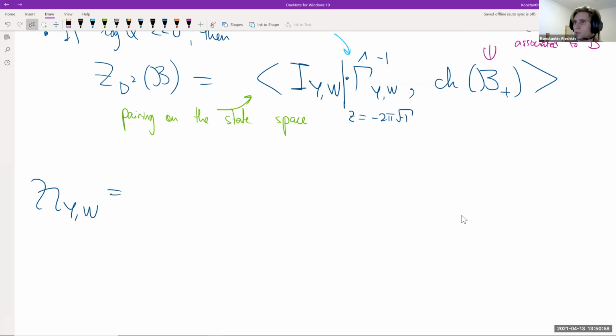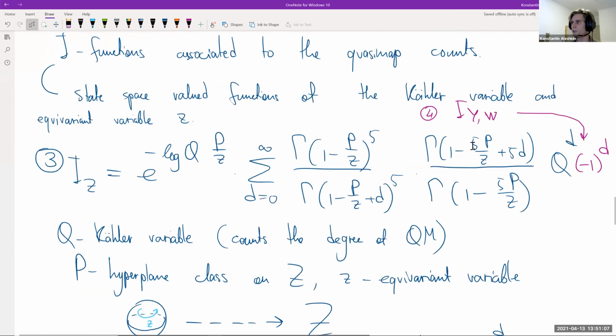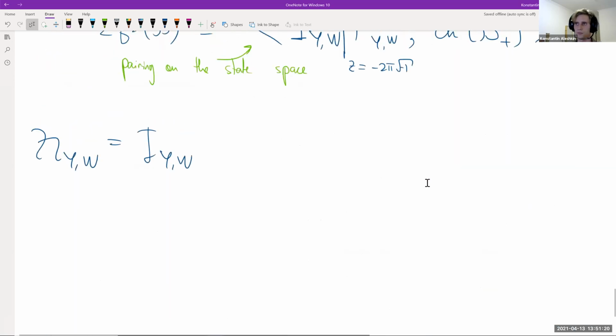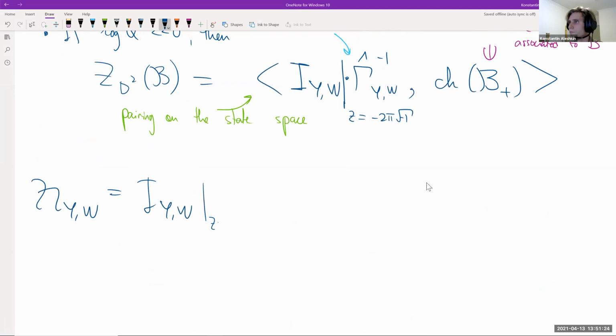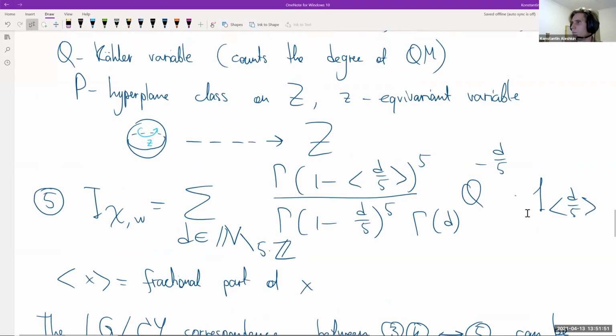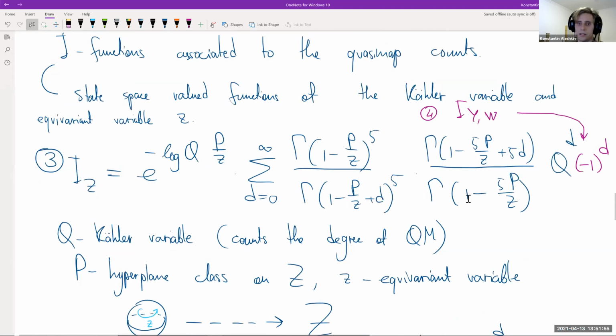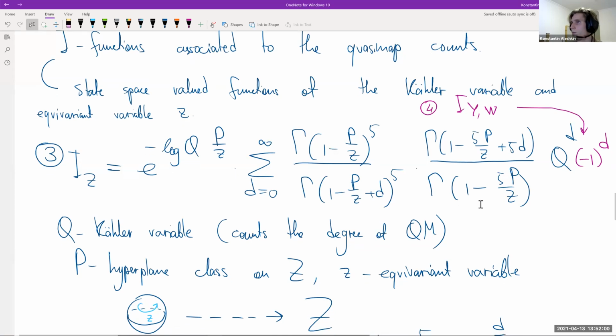So it is this Y. It is better. So it is another linear combination of, let me put it like this. So the I function is a solution to some differential equation, Picard-Fuchs differential equation, and then the H function just gives another basis of solutions of the same differential equation. So explicitly, the gamma class basically consists of these gamma functions, and effectively it kills some of these gamma functions in the expression. So what we get is,